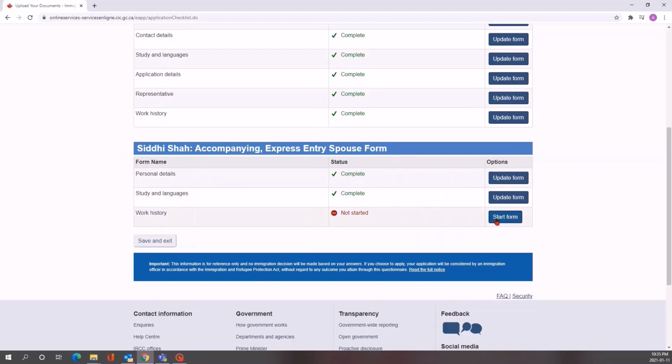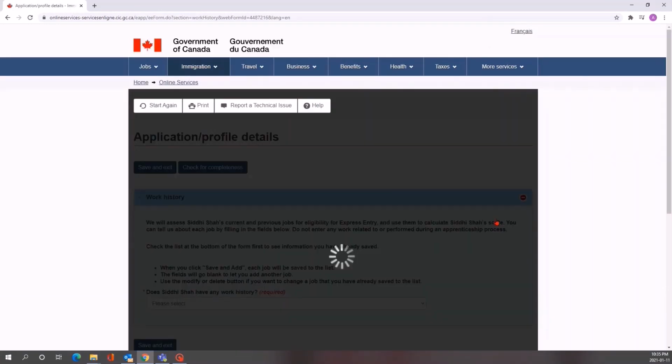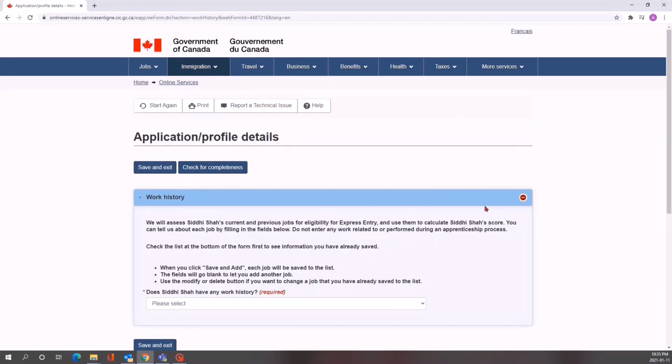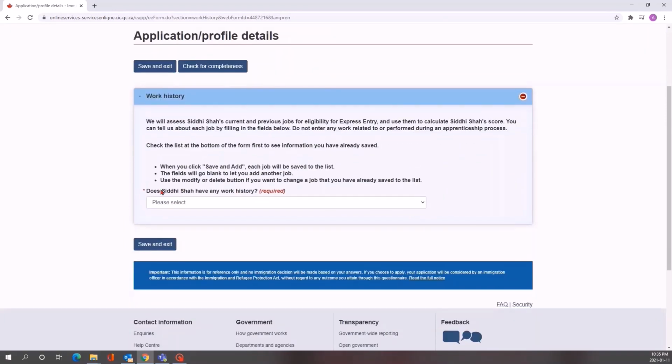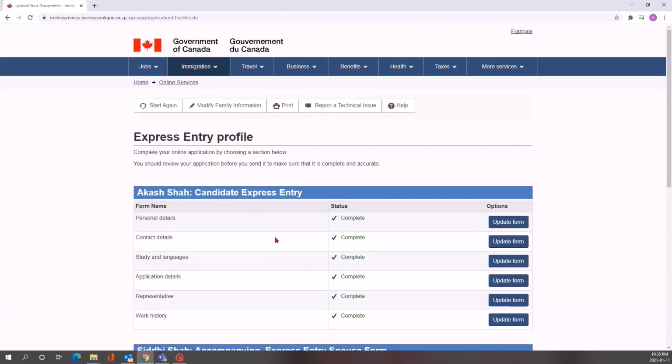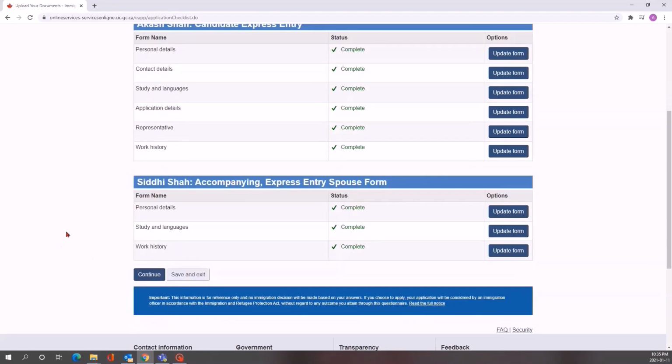Now last is work history. She doesn't have any work history, so I'm selecting no. If your spouse has a work history, you can select the answers for that by selecting yes. Now save and exit. Now all forms have been completed.